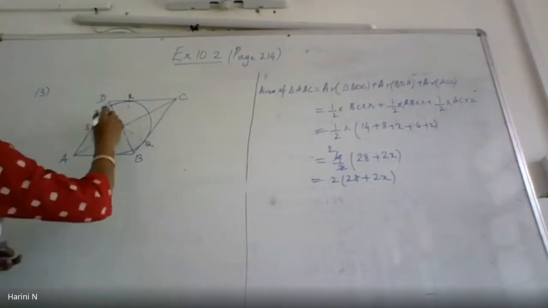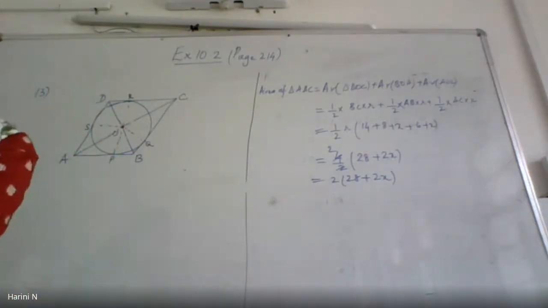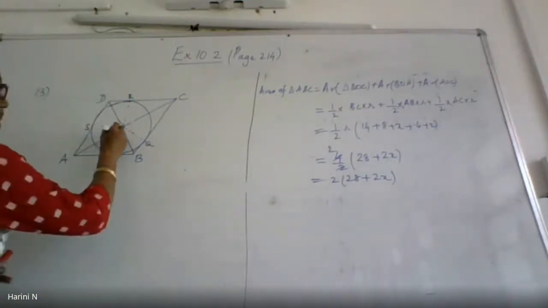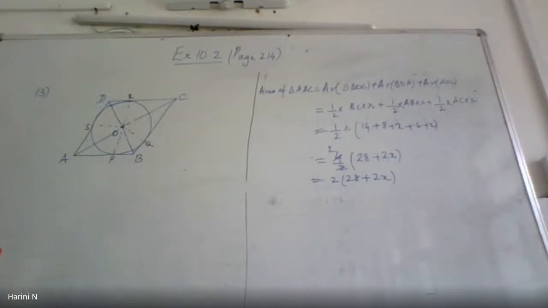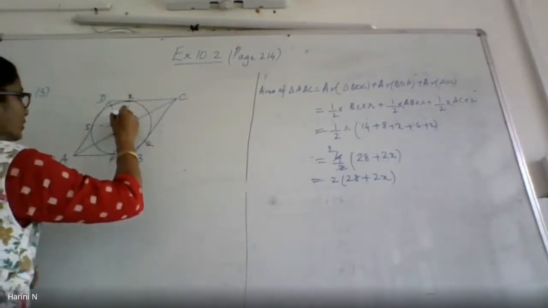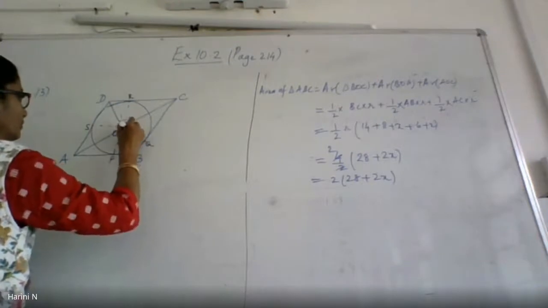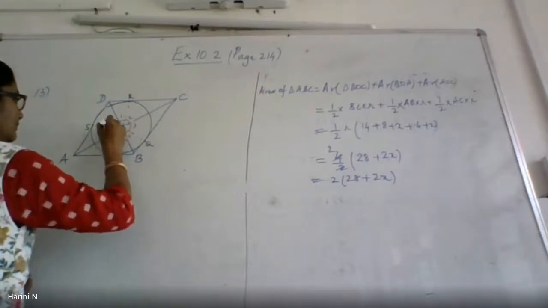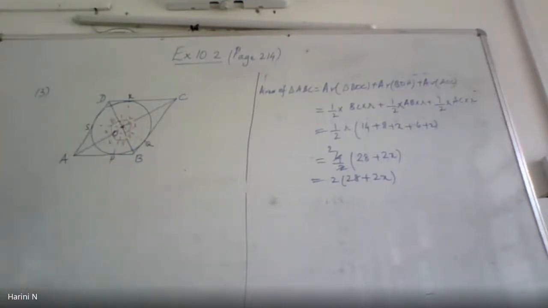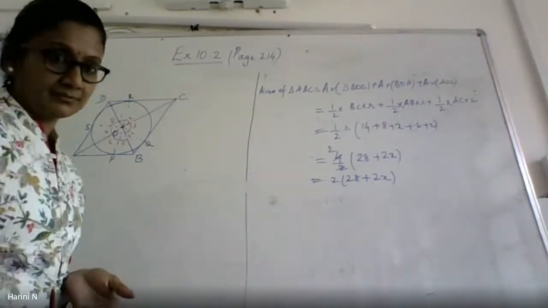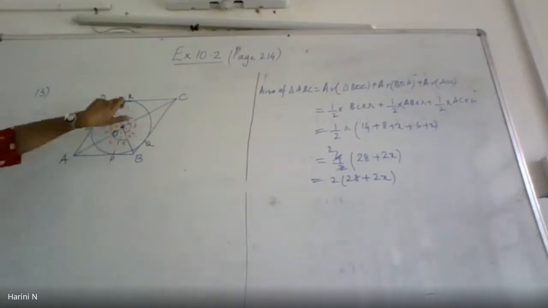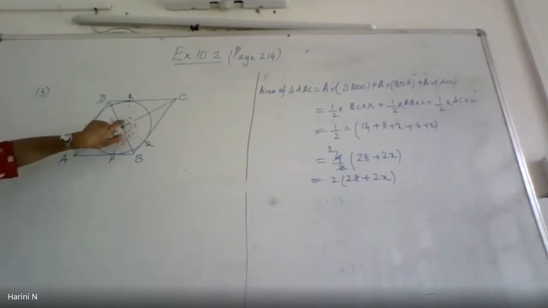Now see, because I have joined OP, OQ, OR, I'm going to number the angles. Now please look carefully. This OR is drawn, so I can write this as 1, 2, 3, 4, 5, 6, 7, 8. There are 8 angles formed at the center. Can you understand what I am trying to do? After I have joined OR, OP, OQ and OS, I have drawn the radii of the circle. I am getting 8 angles at the center.